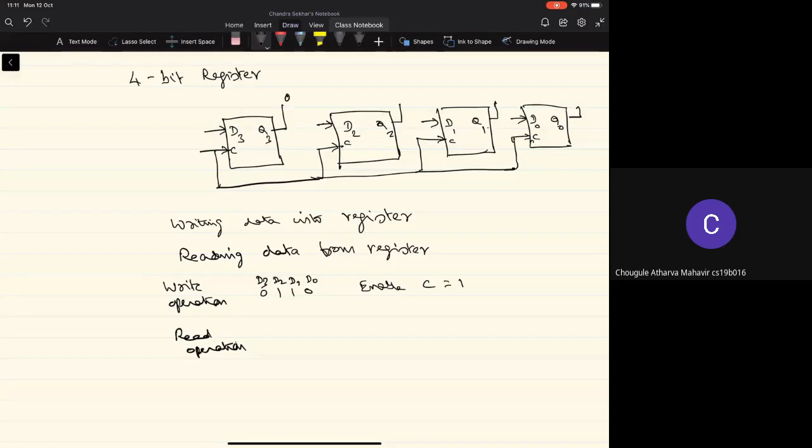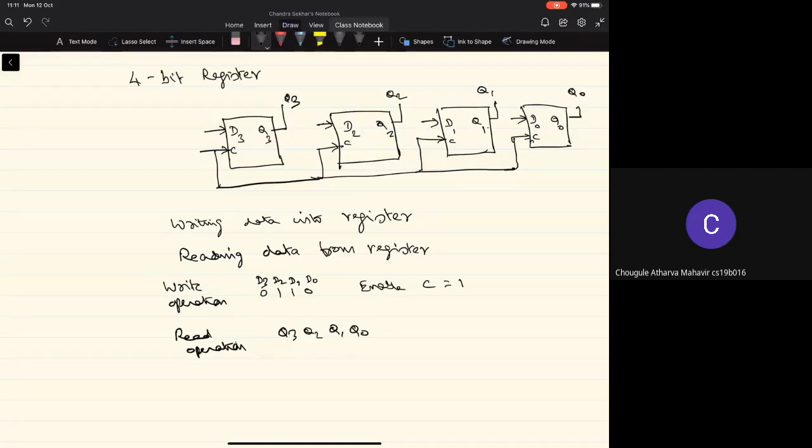So basically, we have to just take what are the bits that are available at the outputs of each of the flip-flops, right? So the read operation is basically looking at what is the bit that's stored in each of the registers. So basically, you have to tap the Q outputs of all the flip-flops, right? Then it gives us the data that is available in the register, right?